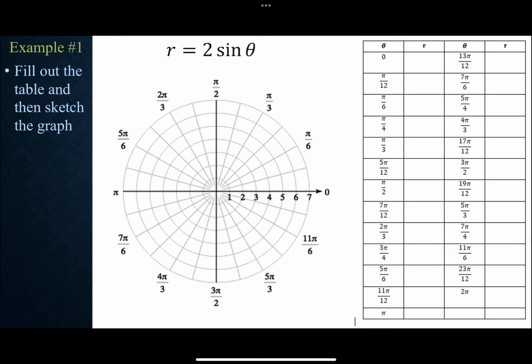So you're going to take your graphing calculator, go to mode, and change it from regular function mode to polar mode. You're also going to want to make sure you are in radians mode for the different angles. Then go to the y equals. You'll notice now it says R1, R2, and R3, and so on. You're going to type in 2 sine theta, where theta is your variable in the same place you would type in the x. And then to find all these values and make your life easier, you're going to then hit second